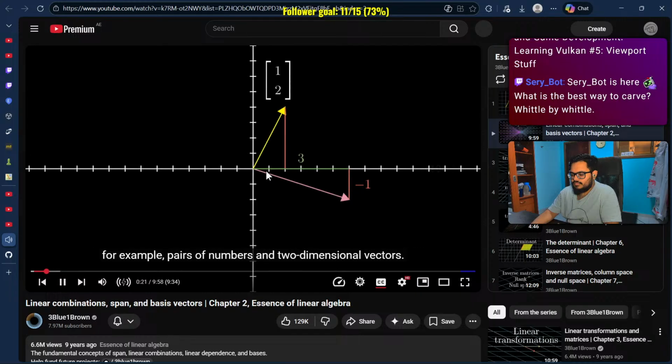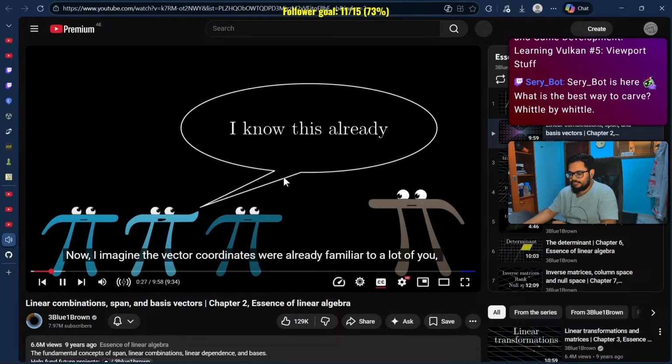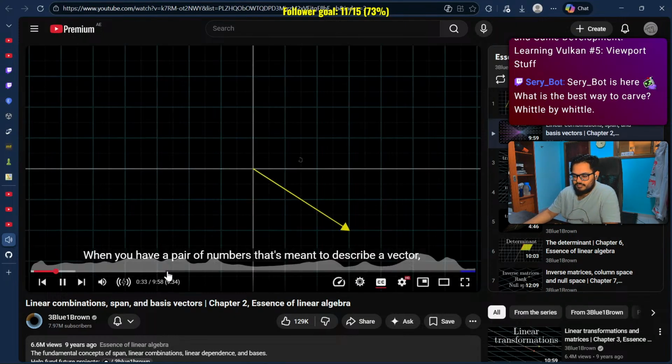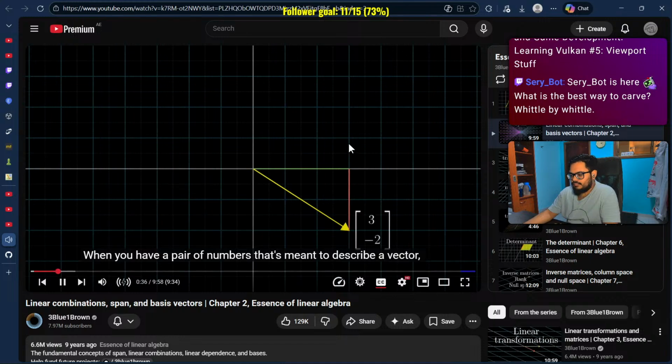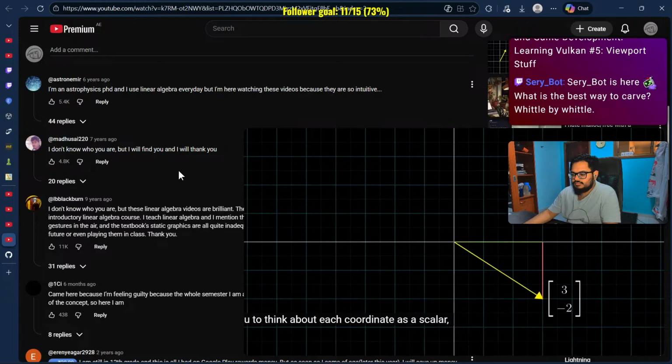For example, pairs of numbers and two-dimensional vectors. Now, I imagine the vector coordinates were already familiar to a lot of you, but there's another interesting way to think about these coordinates, which is pretty central to linear algebra. When you have a pair of numbers that's meant to describe a vector, like 3, -2,